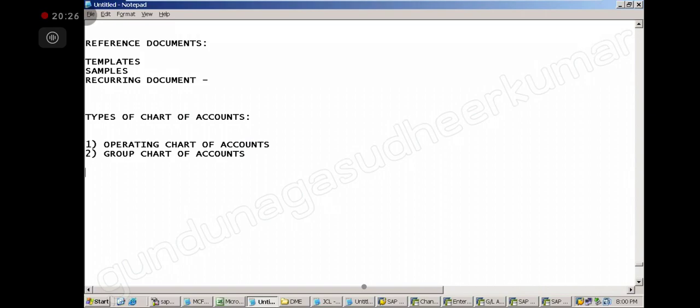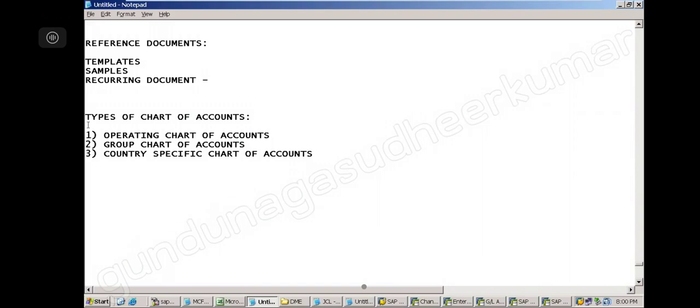Then the third one is the country chart of accounts, the country-specific chart of accounts. Operating chart of accounts, group chart of accounts, and country-specific chart of accounts.